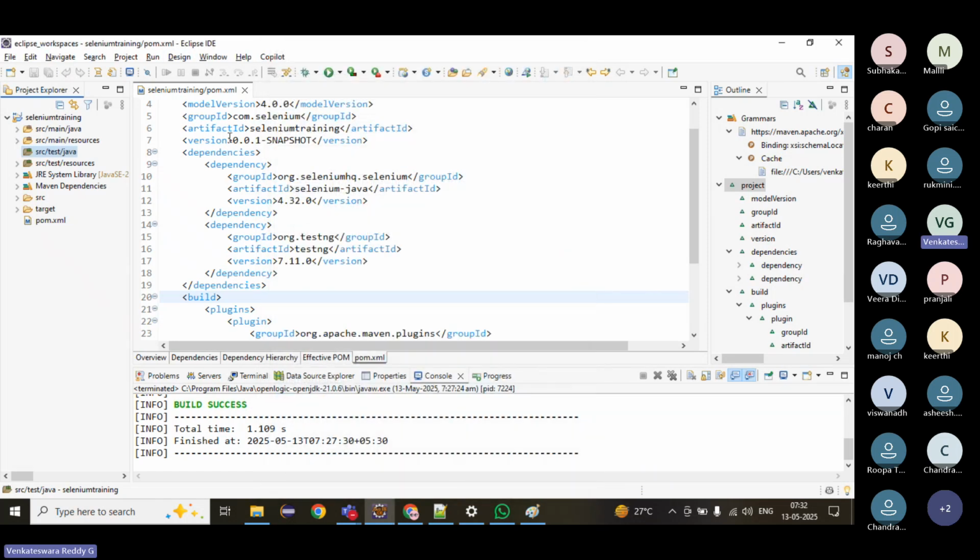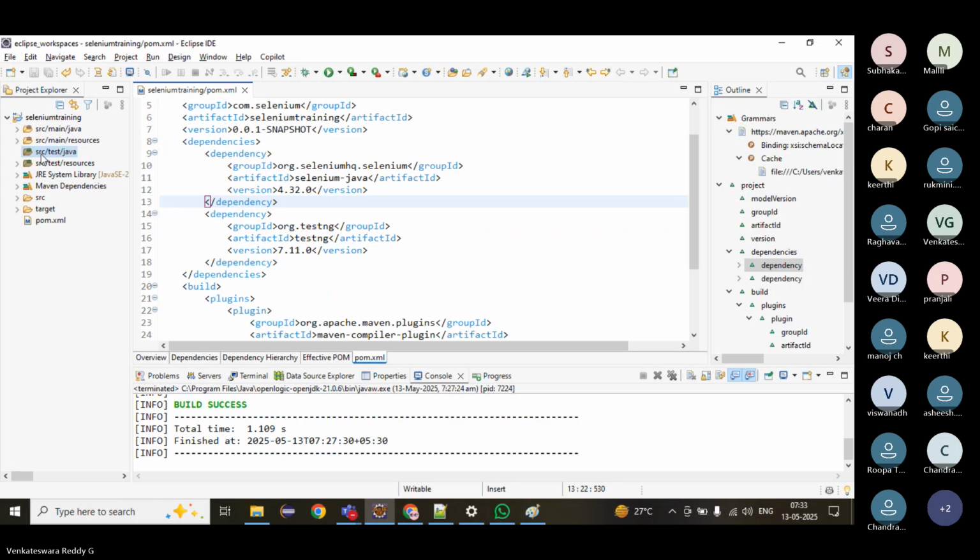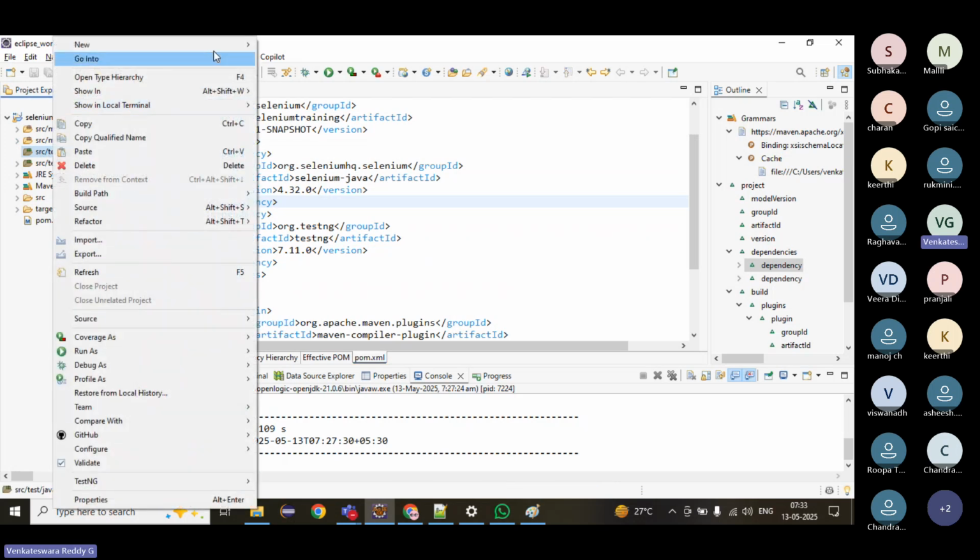Download the latest Eclipse, follow yesterday's class and do the same thing. Don't use an older Eclipse. Sometimes the plugin will not work. Okay, fine. Then we will create a